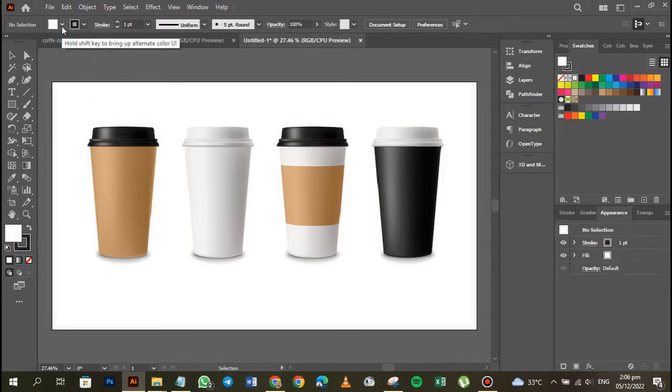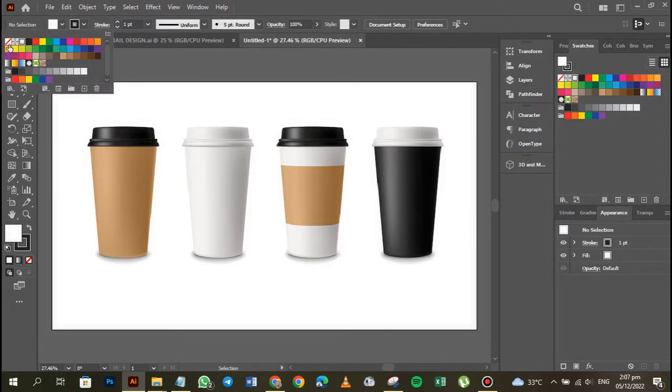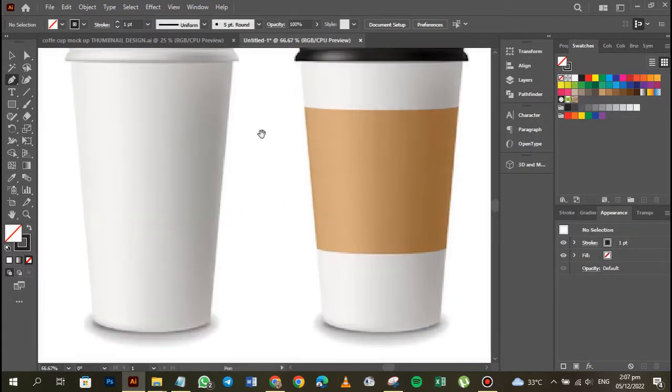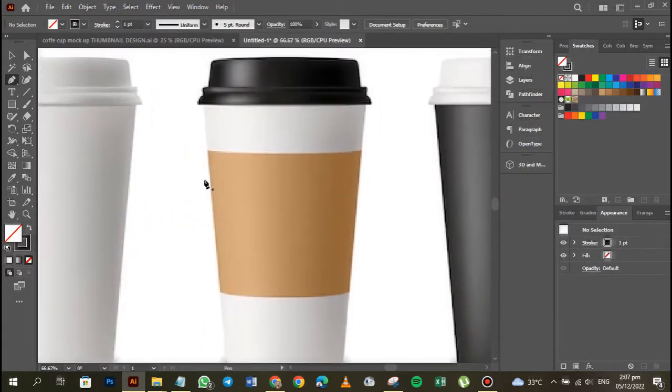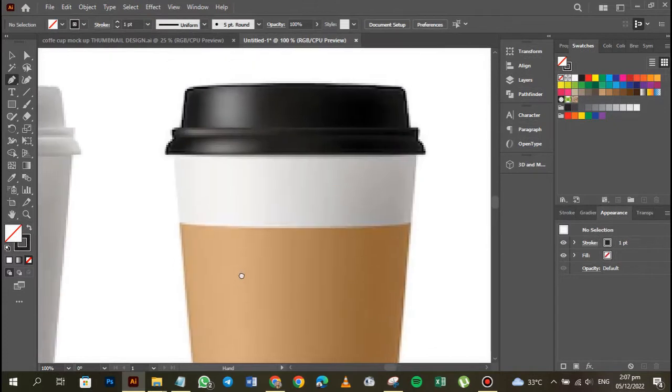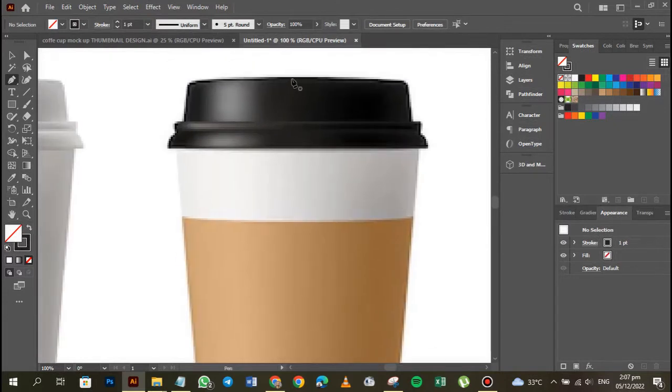And then when we're done, we can now use light gray, right? All right, so let's go to fill, no fill, and then I'll go to my pen tool, turn off my caps,